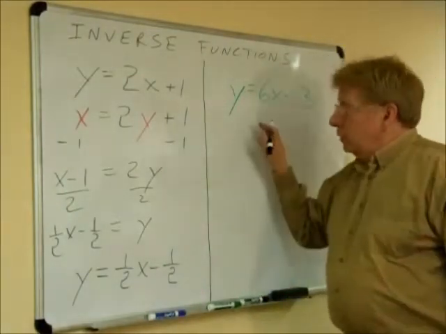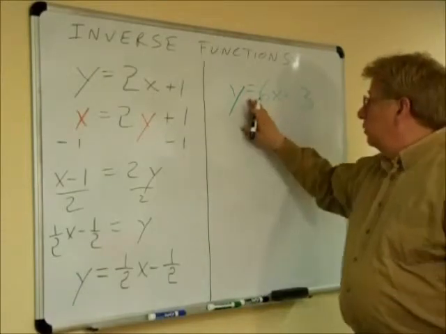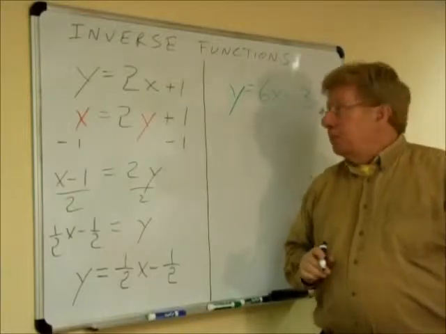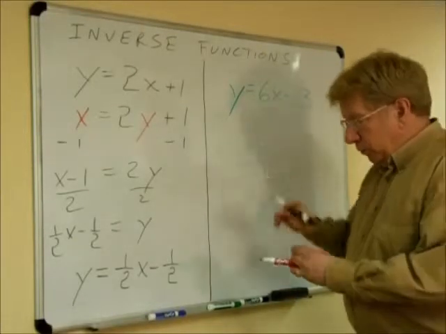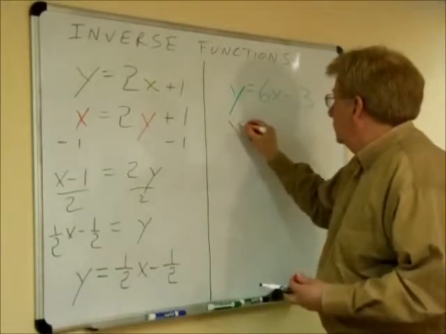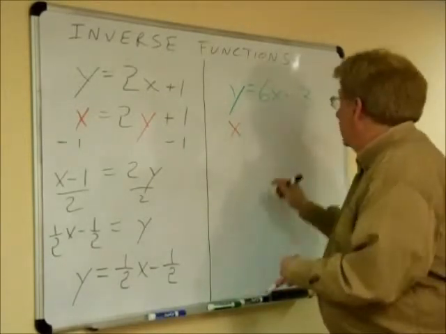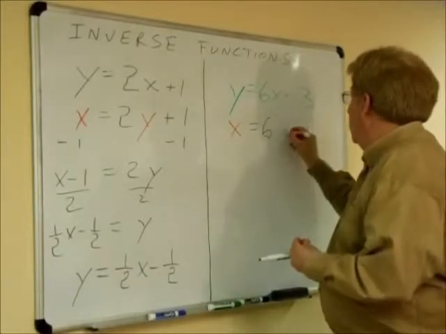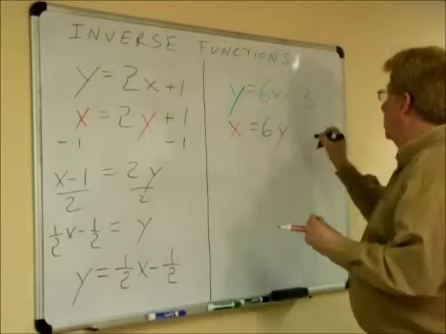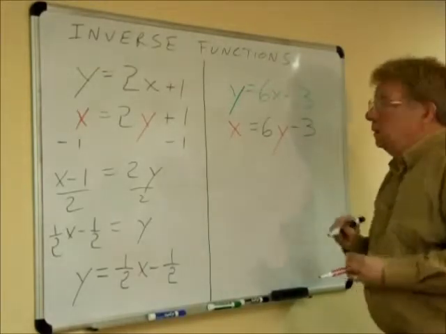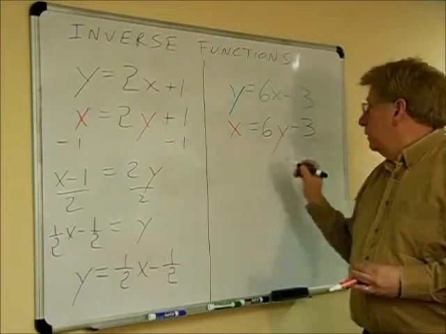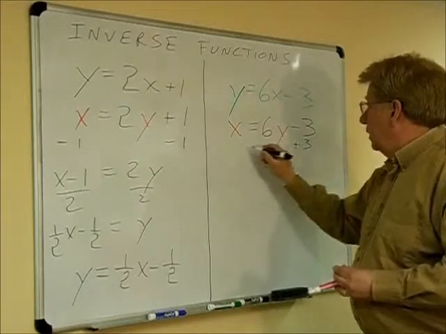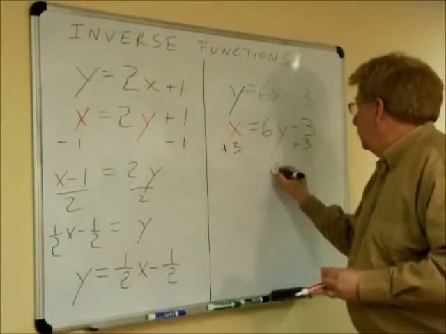Okay, we have another example here. On this one we're going to start with y equals 6x minus 3, and we're going to use the same process. So again, in place of the y, we'll put an x, and in place of the x, we'll put a y. Now we need to solve for y. To get y by itself, I'm going to add 3 to both sides, and I have 6y